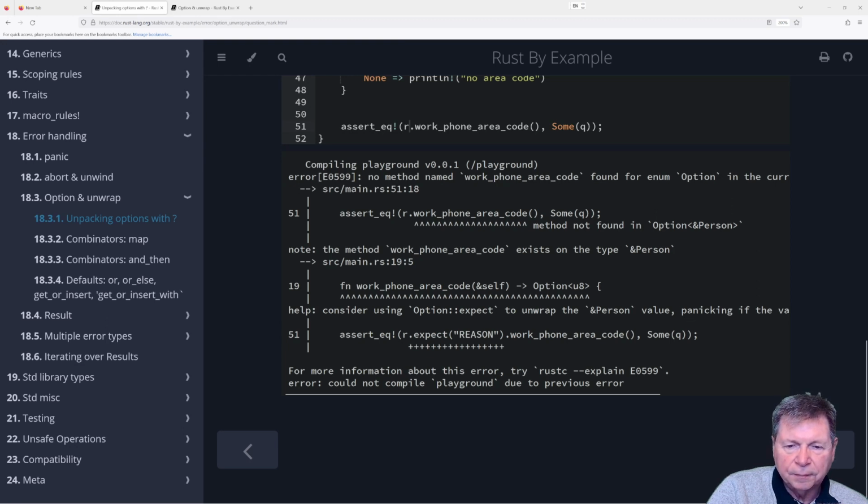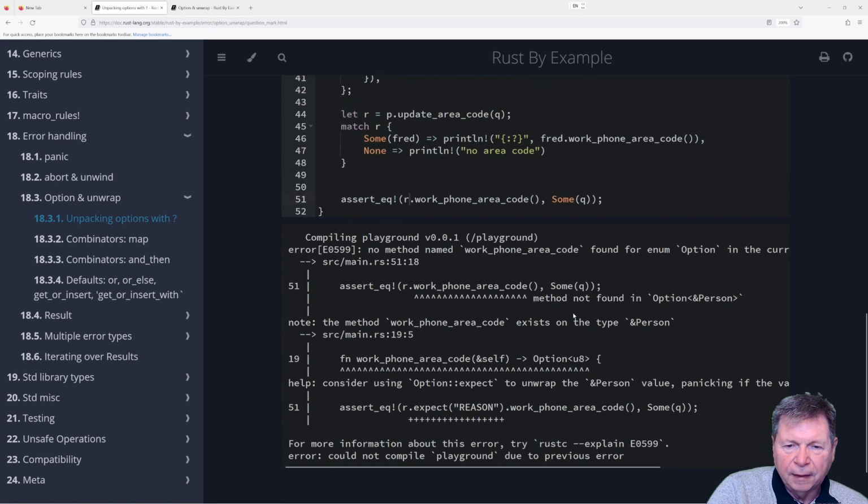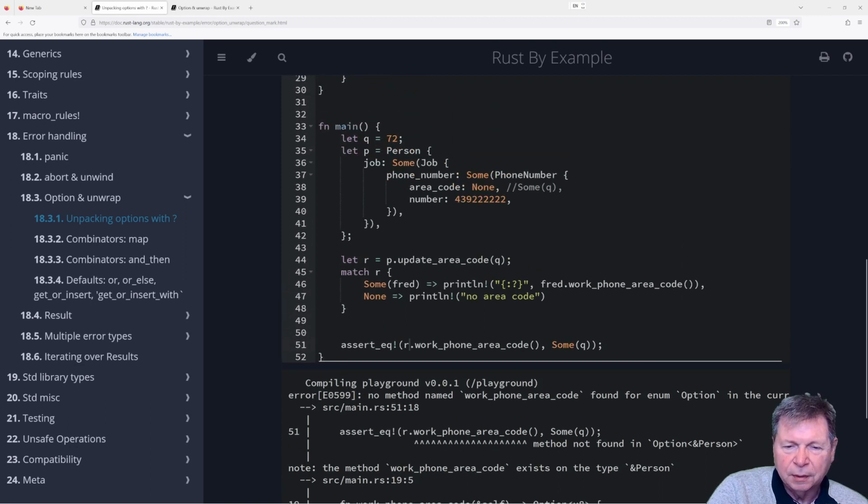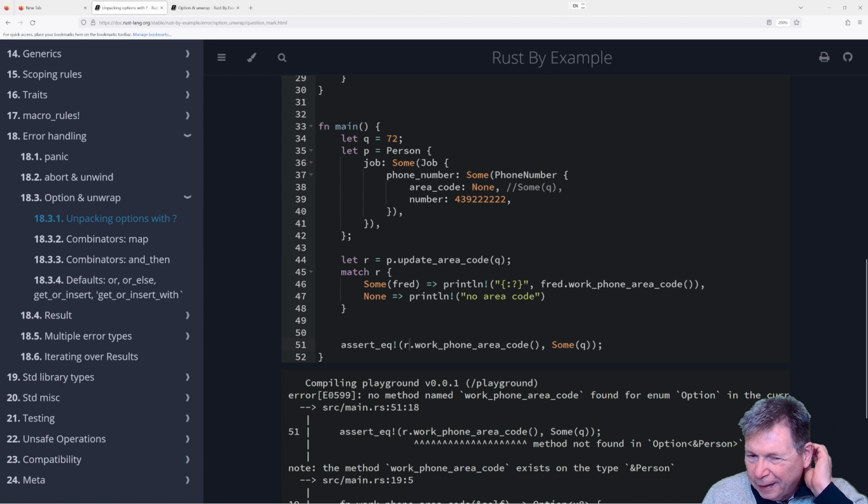Hang on a second. Oh, because now, oh my goodness. Right, because R is the option. So we can't do that. Oh man. Okay.